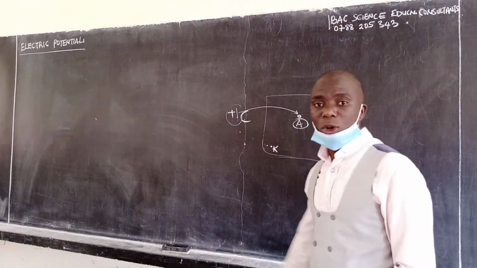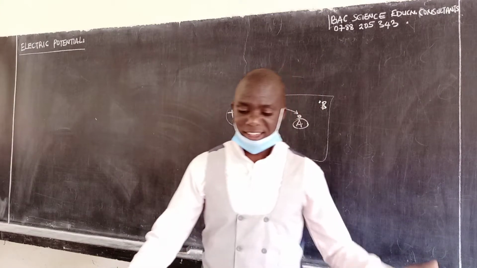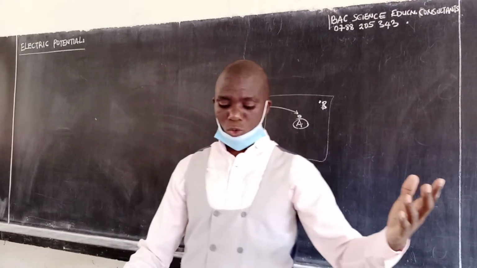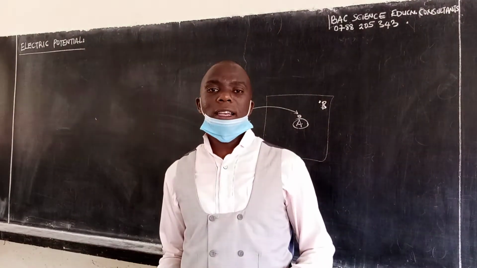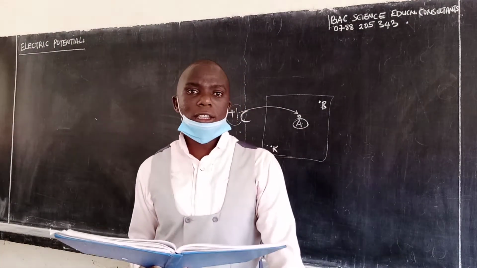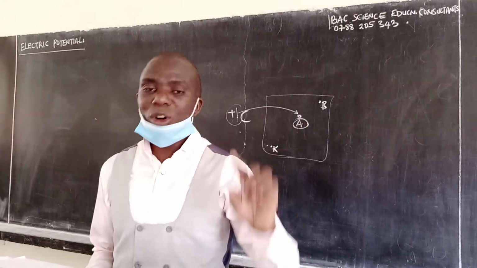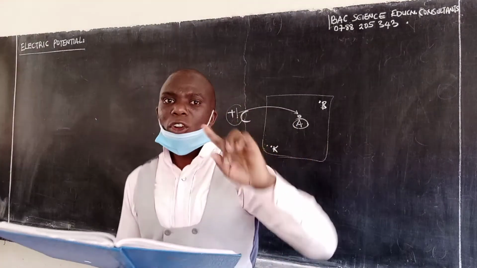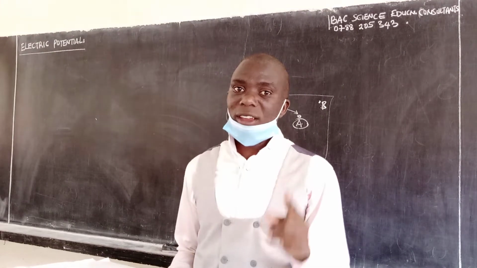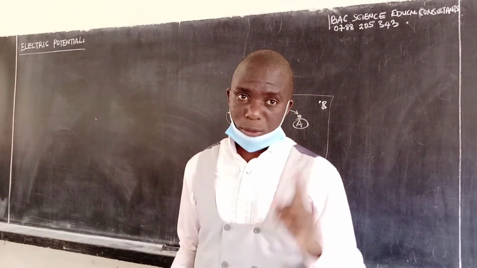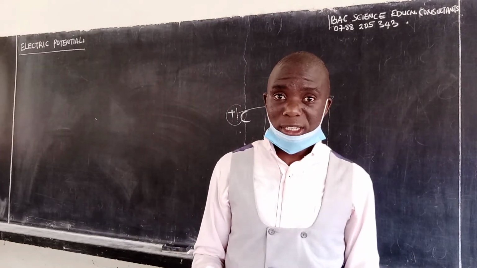So what is electric potential? I am not going to write it, but we have said that this is the work done in moving one positive Coulomb charge from infinity to a point against electric field. That is the electric potential. The work done in moving one positive coulomb of charge from infinity to a point against electric field. From infinity, from outside the field. That's what it means ideally.